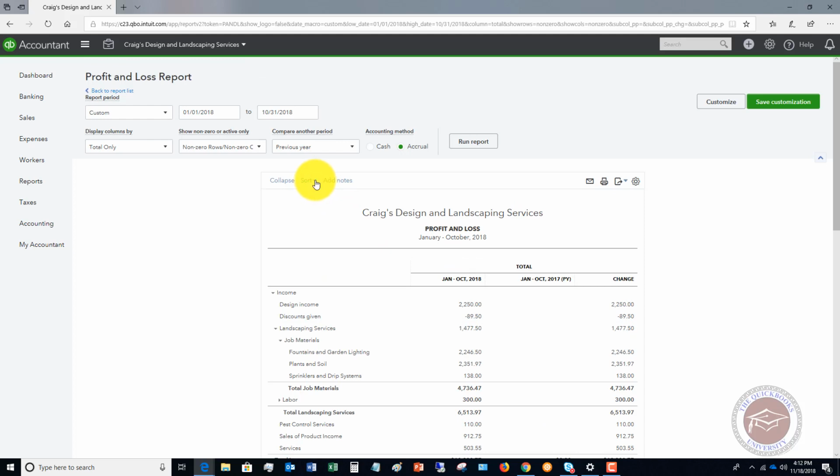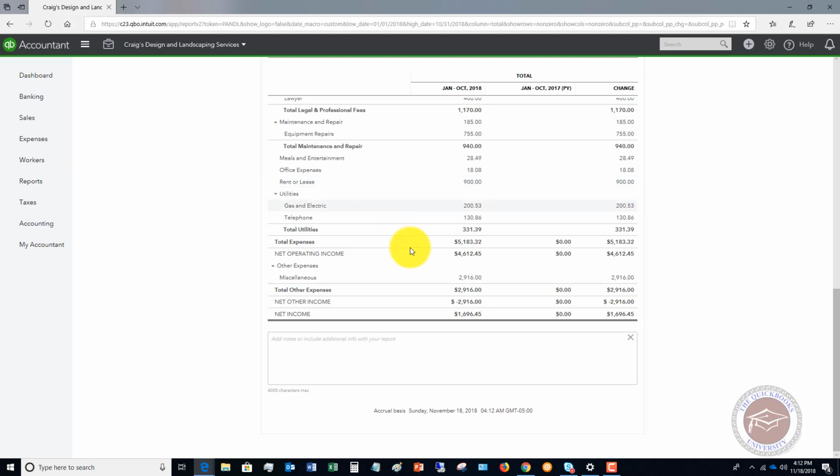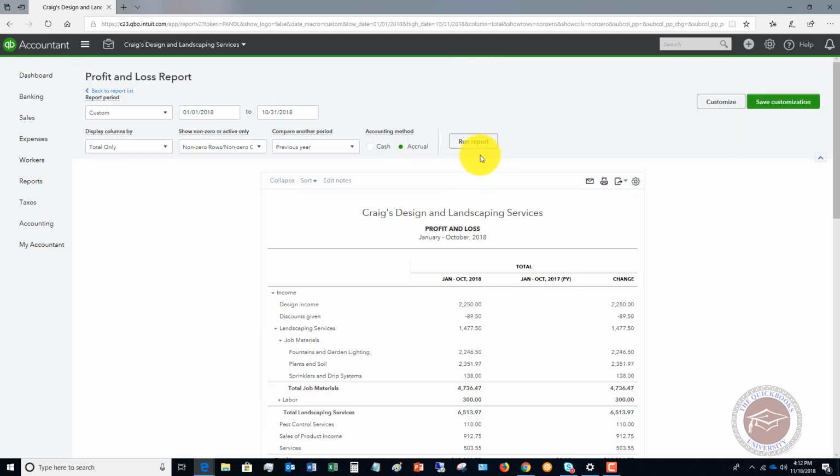All right, you can sort the information, okay? Default is just how it's going to be set up in the chart of accounts, or you can sort it a different way, and you can also add notes to the report. All right, so we're going to leave this as is, and I want to show you over here,